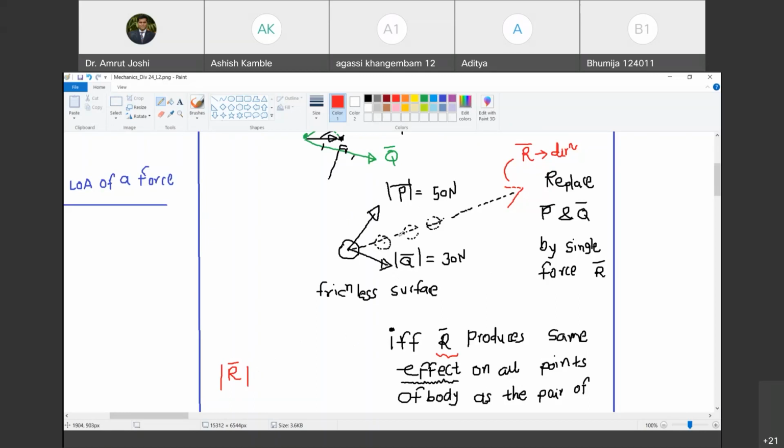The striker therefore is moving in this direction, which has been experimentally observed. Now when you click the photographs, can you also note the times? Let us say I have taken this photograph at time instant t1, this photograph at time instant t2, and then the photograph at time instant t3.